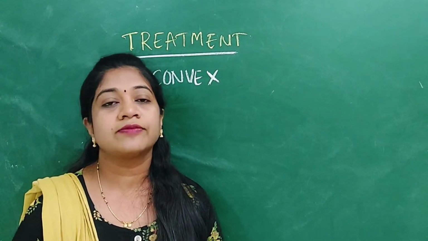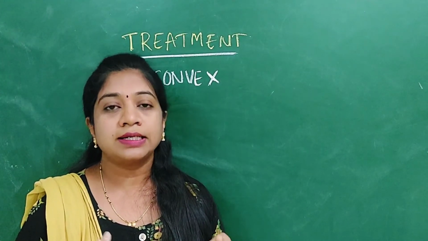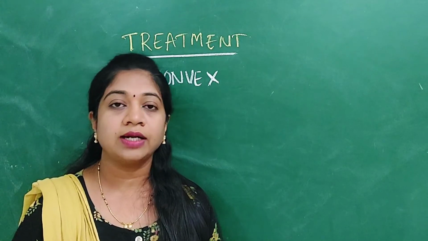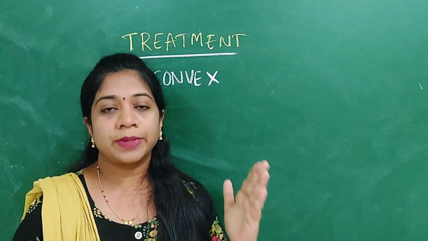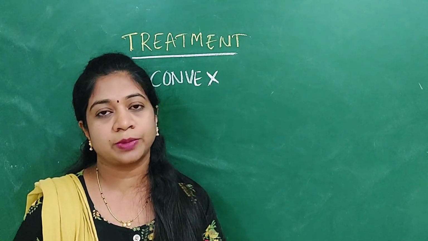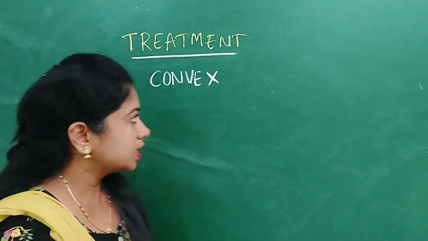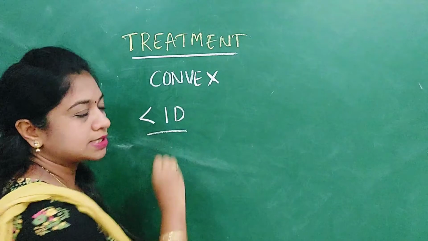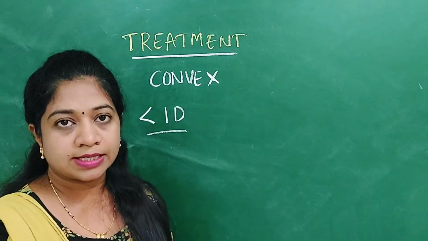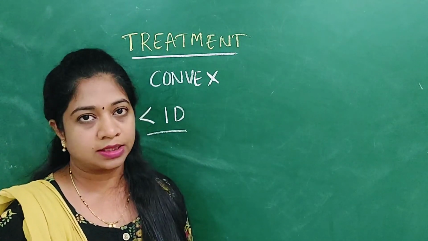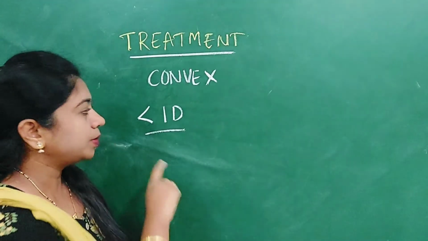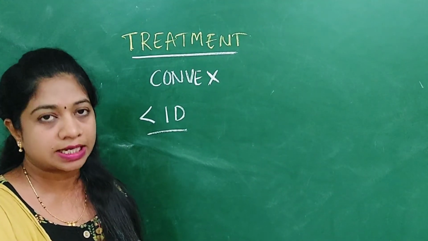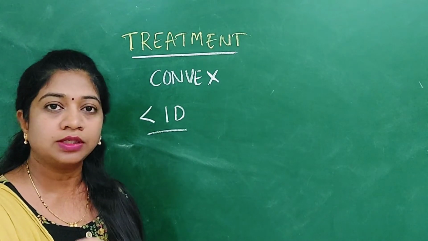So the cycloplegic refraction is very much important to discover the total amount of hypermetropia in any patient. Depending upon the patient's age as well as the degree of hypermetropia, the treatment will vary. Suppose the patient is having very little hypermetropia, say less than 1 diopter, without any asthenopic symptoms, then you need not treat that patient. If the hypermetropia is more than 1 diopter or the patient is symptomatic, like having asthenopic symptoms, then you will have to treat with the correction.